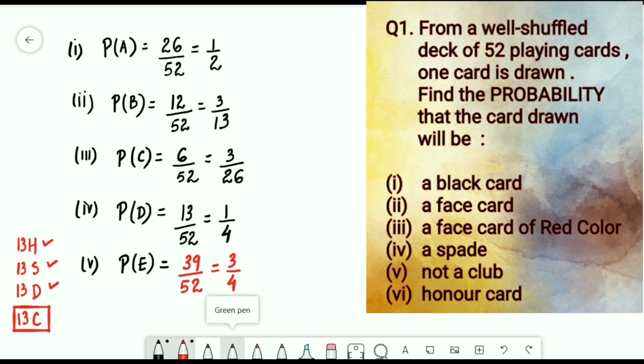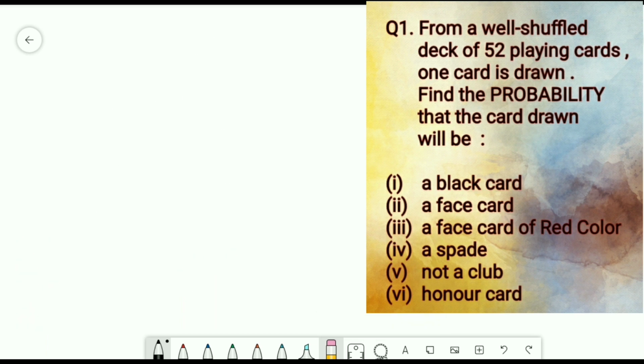Now the last one is the probability of getting an honor card. Okay, now honor card, what does it mean? There are 5 cards like 10, Jack, Queen, King and Ace, and these cards are known as honor cards. So in one suit we have 5 honor cards, and total we have 4 suits,